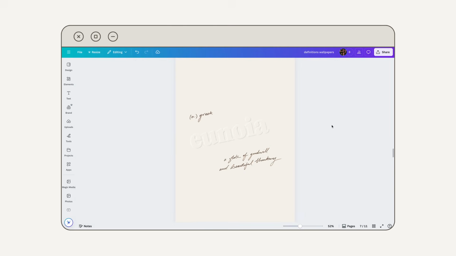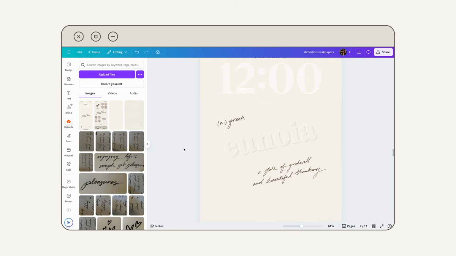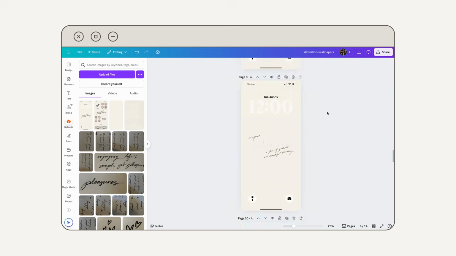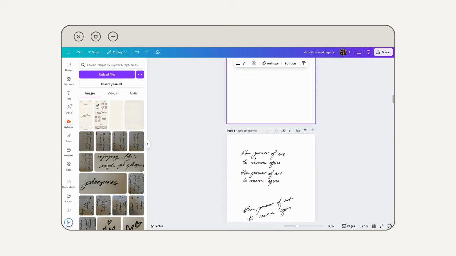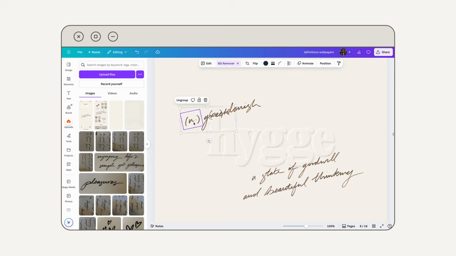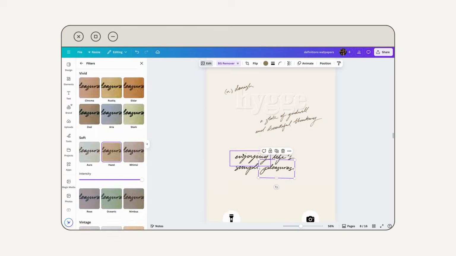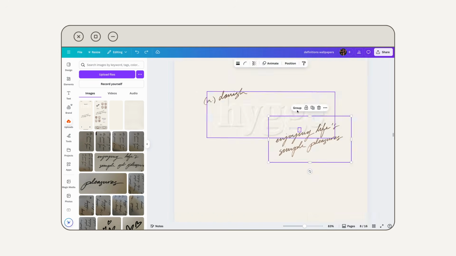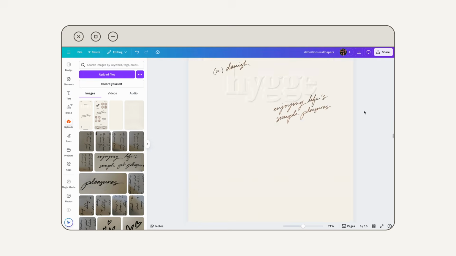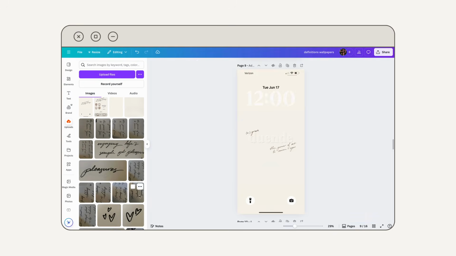And for the lock screen one, I knew I wanted to do some sort of embossed or letterpress effect. I think those are just so beautiful, especially paired with script lettering like I'm doing here. For the lock screen wallpaper, I experimented with a few different layouts, but eventually settled on having the word in the middle with the script lettering layered on top of it and on a diagonal to add some movement to